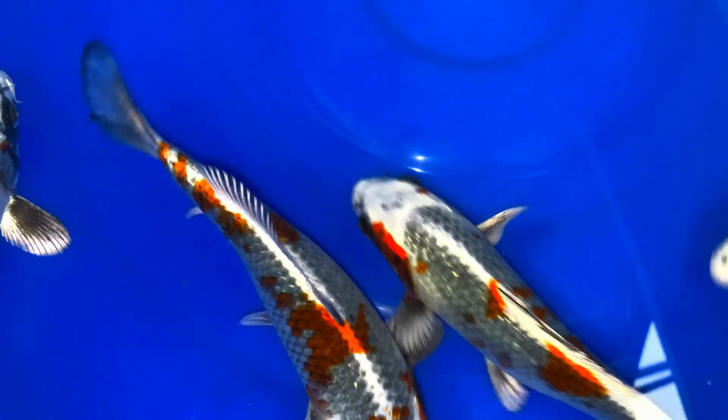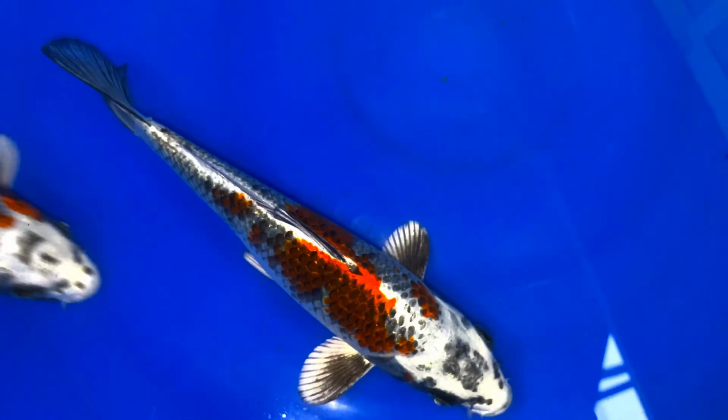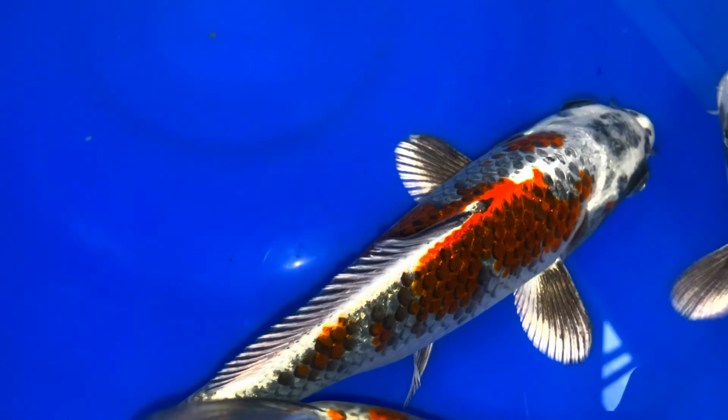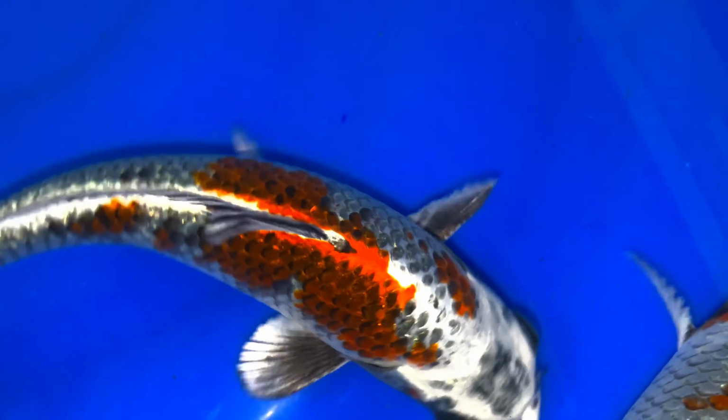But look at the lovely dark base color on them, the metallic sheen, even the depth of the Benny on them. They are incredible looking fish, very unusual. Very different from the traditional Kujaku with the white base layer. So these are just